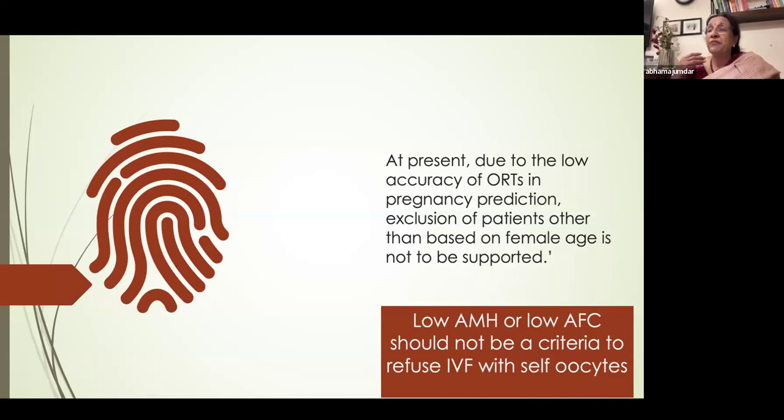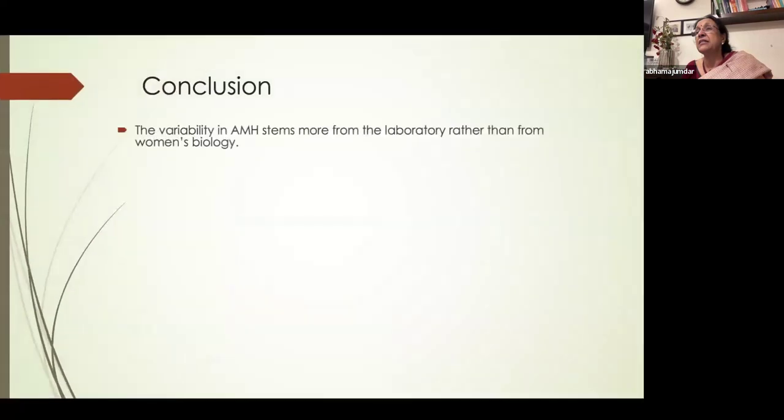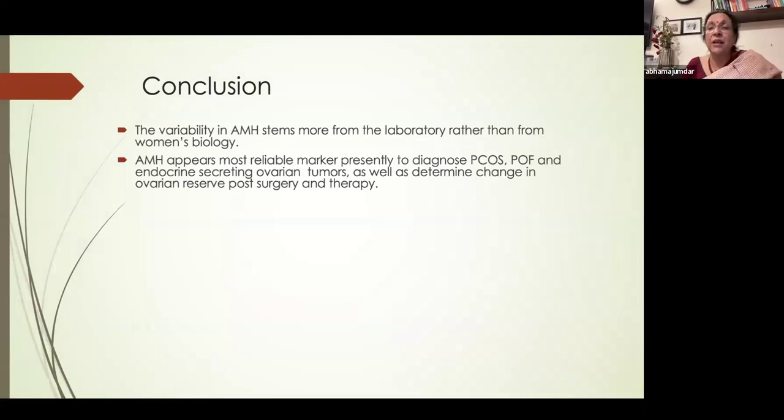I've had a couple of patients who came with a very nice AMH at 47 years of age. They made 12, 13 oocytes, but no blastocyst conversion happened in them. And to conclude, from the women's biology, AMH appears the most reliable marker presently to diagnose PCOS, POI, or POF,